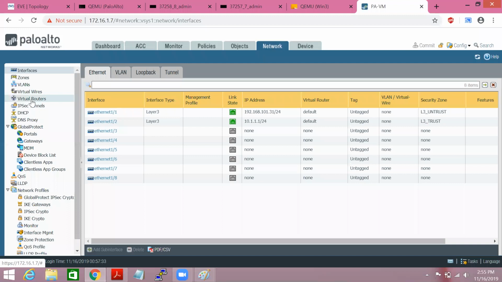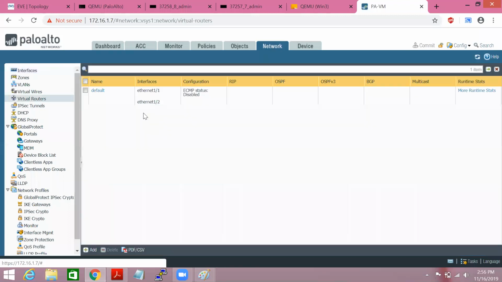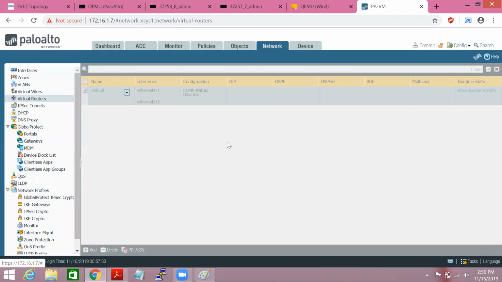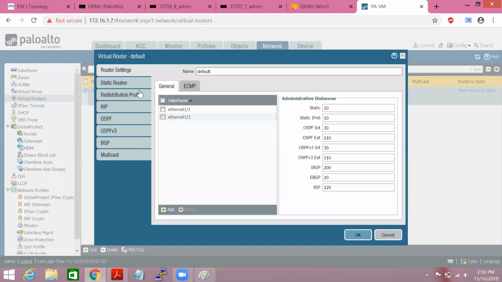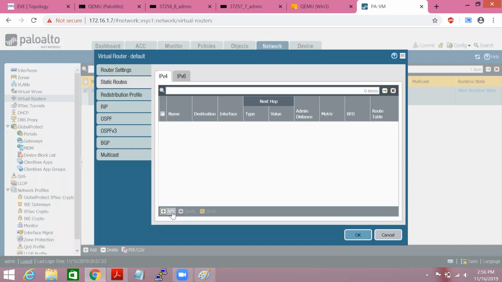We can add it here in the routing table route. If you check the routing table from the GUI, you have to come here, virtual routers. Under virtual router, these two interfaces are showing. You just click here and select static route.